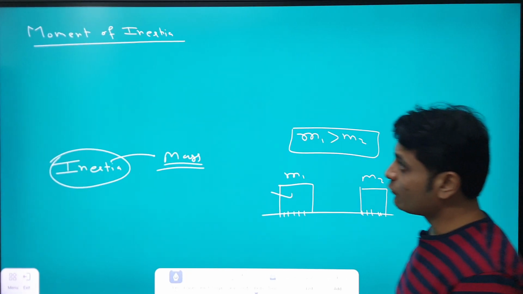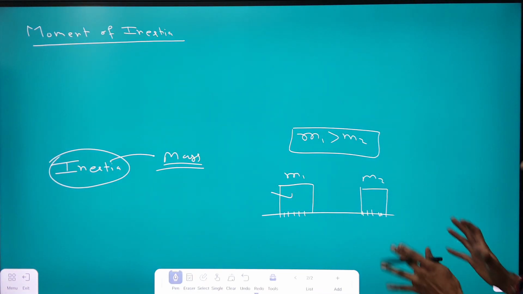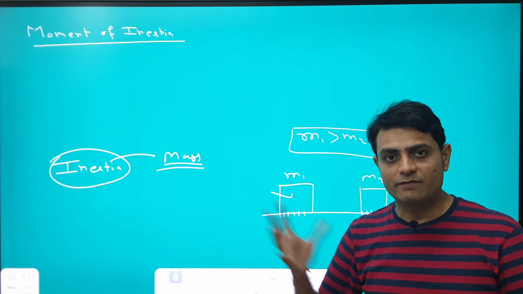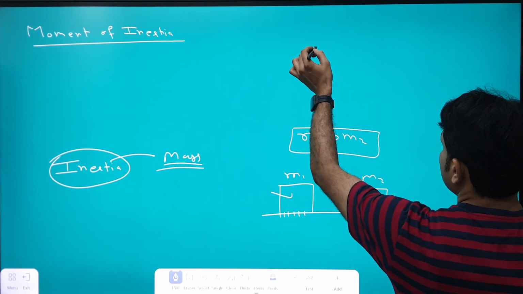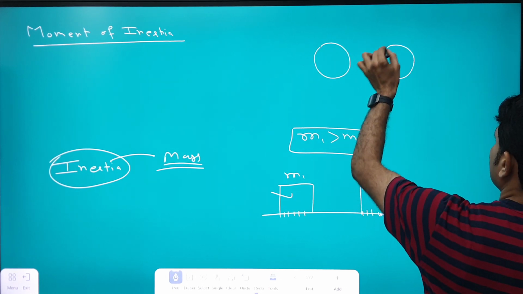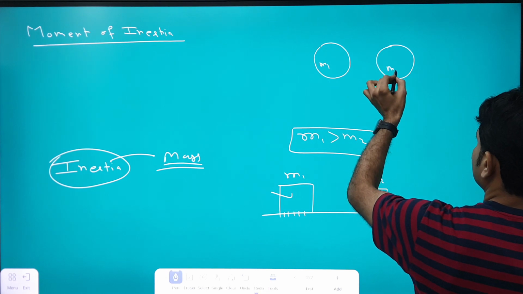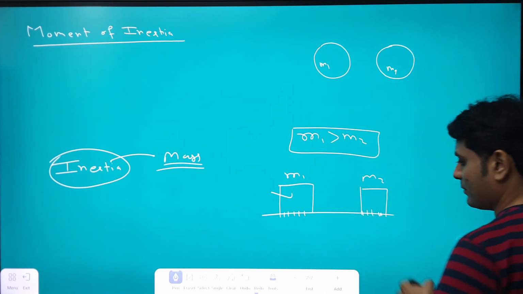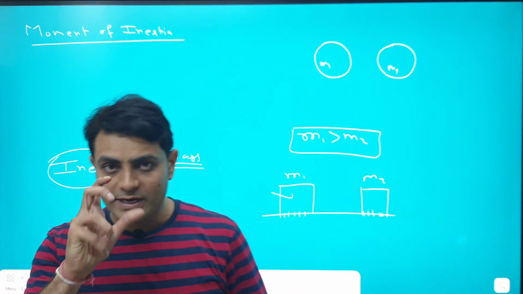Now let's see what moment of inertia is. In the case of moment of inertia, it's not like the heavier the mass, the greater the moment of inertia. It's something else. Imagine two discs. Consider both discs have the same mass, m1, each. Then in order to rotate the disc,